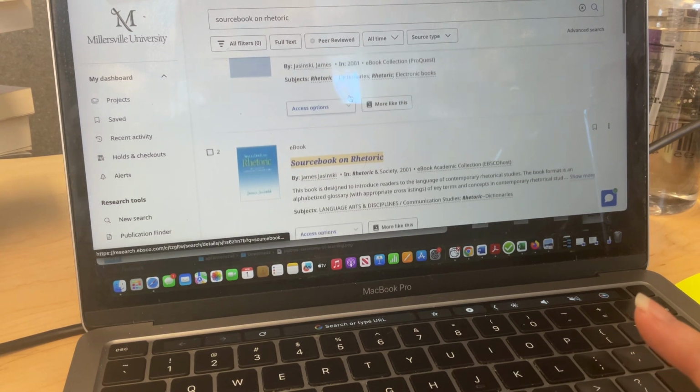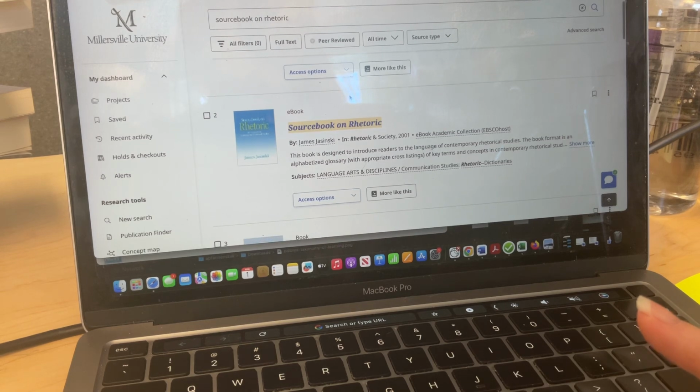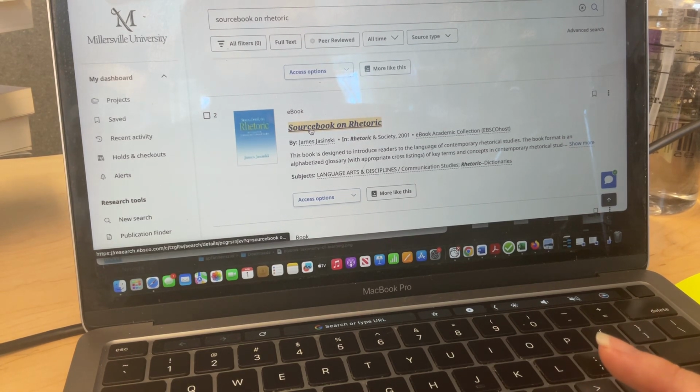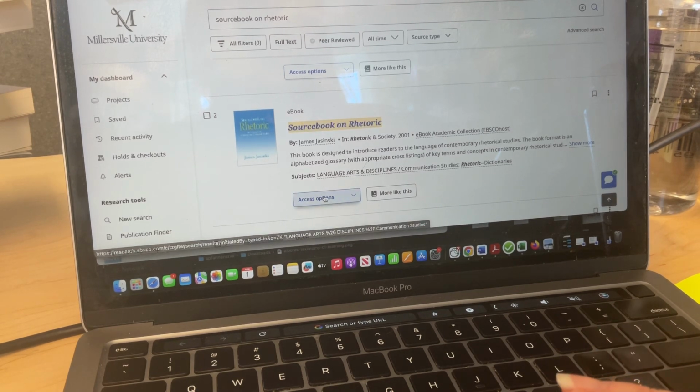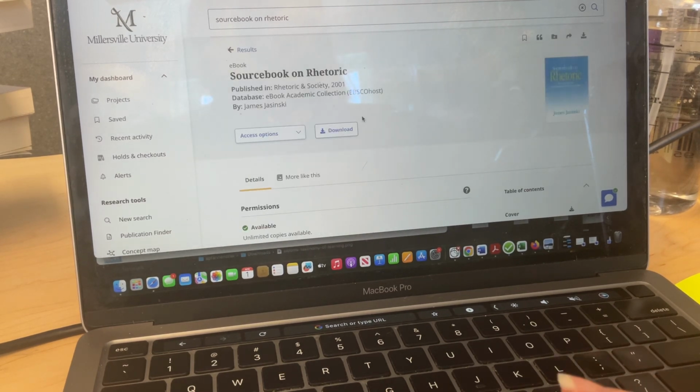If you don't have the permalink, you can come this way, and what we're looking for is the ebook version of Sourcebook on Rhetoric. Okay, so I'm going to click right here on the title instead of the access option so I can show you what your options are. You have a couple different options here. You can download in PDF or EPUB, or if you come in this way, you also have a link to